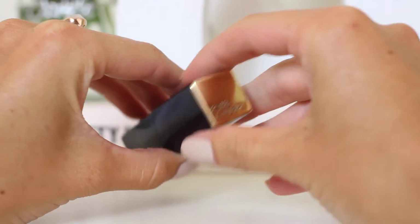Another one from Estee Lauder, and this is one of their lipsticks. It is their Pure Colour Envy Lipstick Rouge in number 320, which is Defiant Coral, and this has basically been the lipstick which I have been wearing every single day this month. Today is no exception. It's what I'm wearing right now,